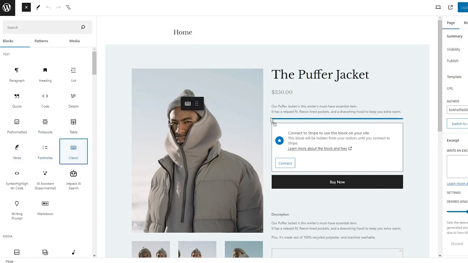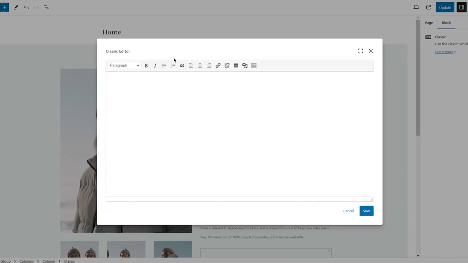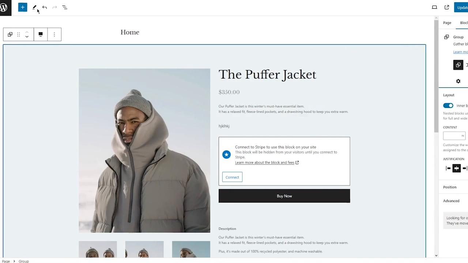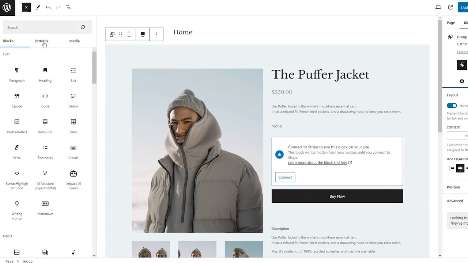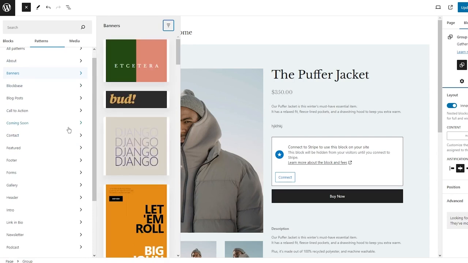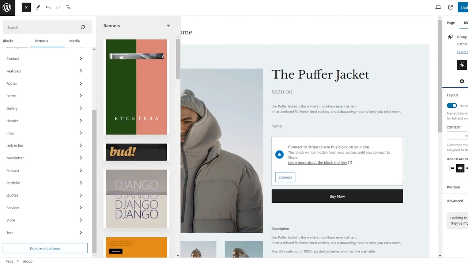So you can start just adding, let's say I want to drag and drop things over here. And once it's over here, you can start adding whatever you want to. It's a classic editor. Click on save, and it's going to add that line of text over here. And then just go ahead, mess around with things as much as you want. There's different patterns for different kinds of things, contact page, there could be your account page, and a whole lot of other things. So basically, these are the different ways on how you can edit and customize all your WooCommerce